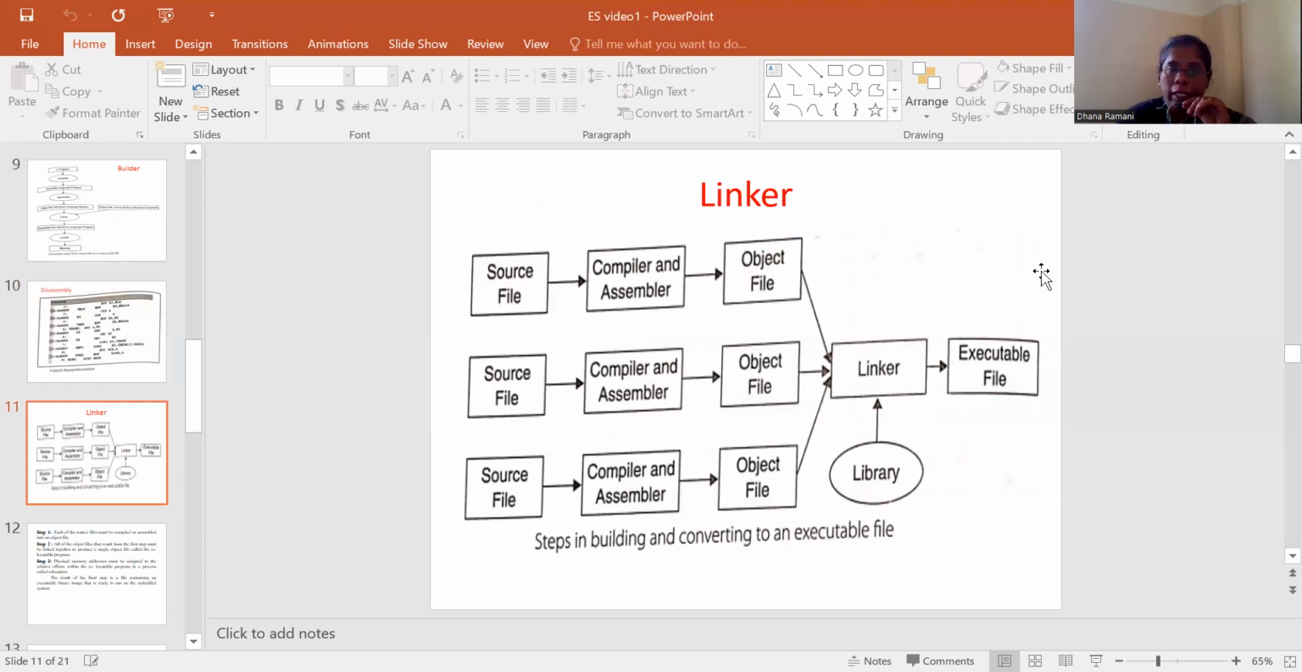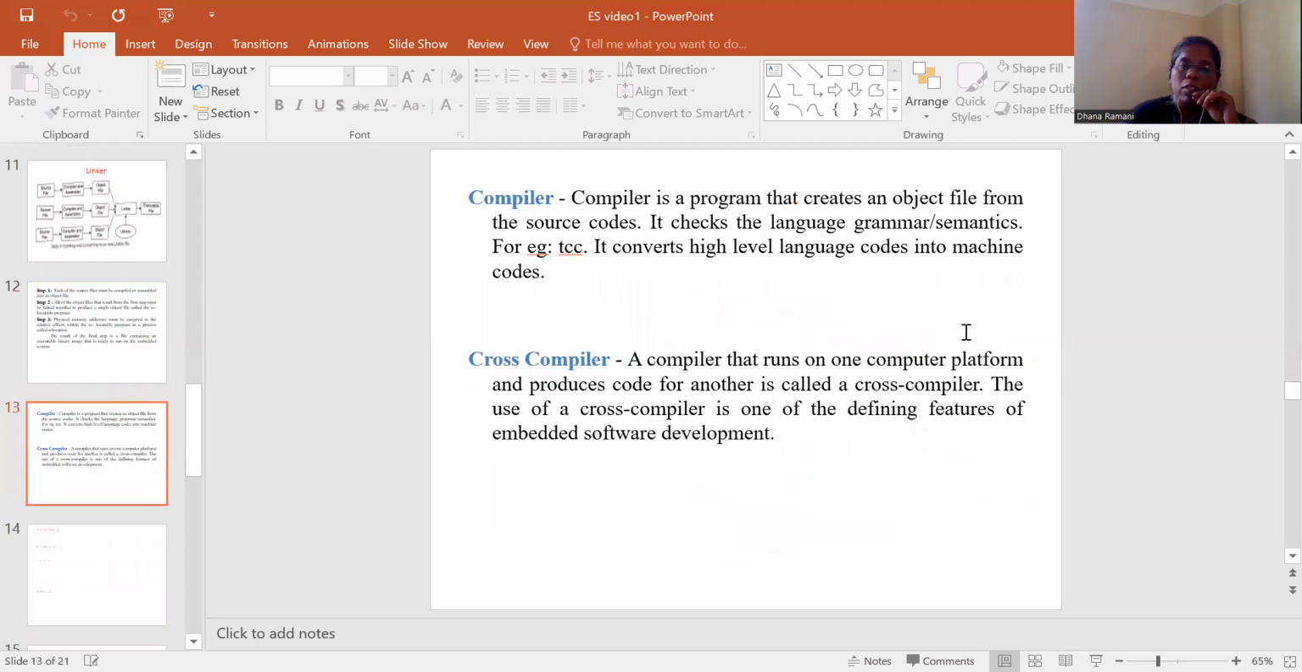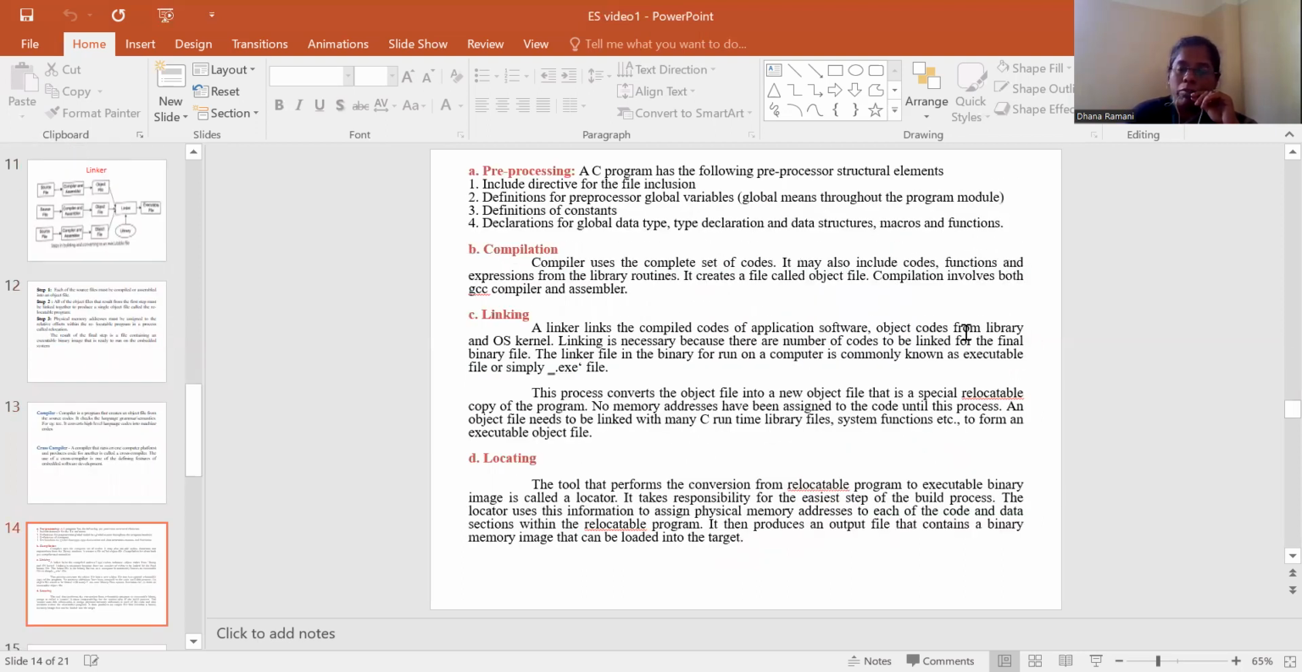So this is the purpose of a linker, where the source code, after passing through compiler and assembler, will be converted into object file. So we have a number of object files, and all the object files have to be linked. That's why we go for a linker. So a linker will link all the object files, and convert them into a single executable file. Right. So this is the build process of an embedded system,